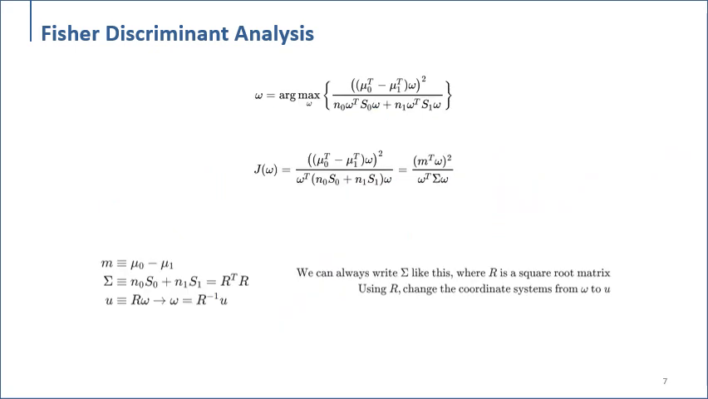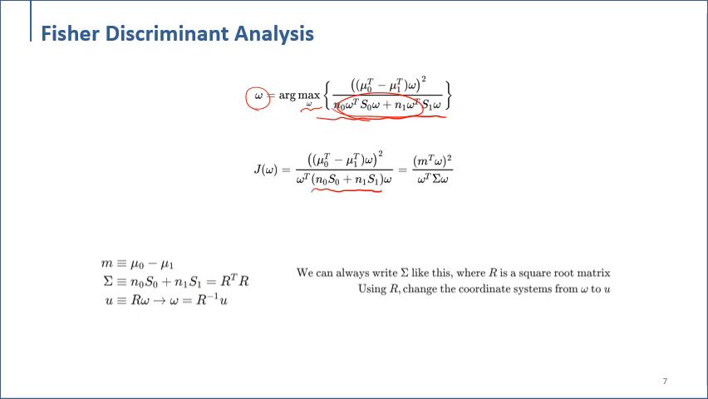So from that, let me rewrite our objective function like this. Our objective is finding the omega that maximizes this equation. As we know, n0 and n1 are nothing but the number of data points, so these values are scalars. So by rewriting this, we can rewrite the